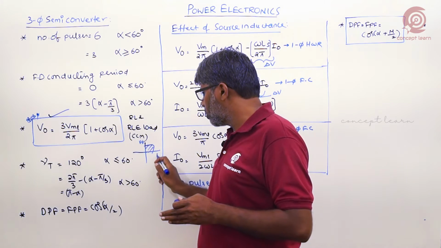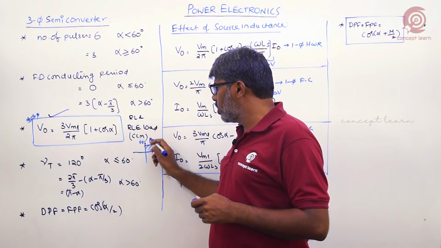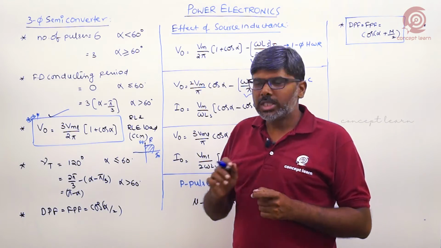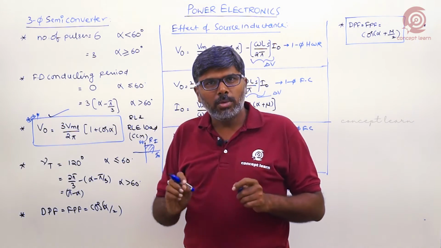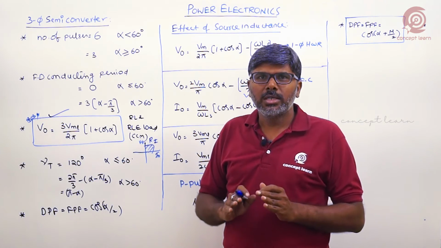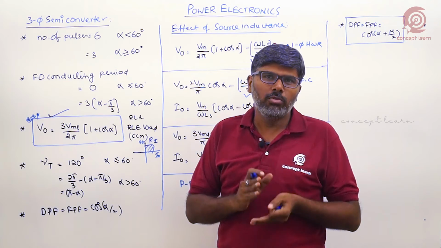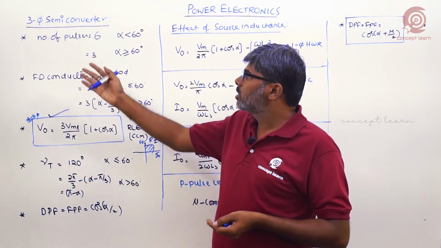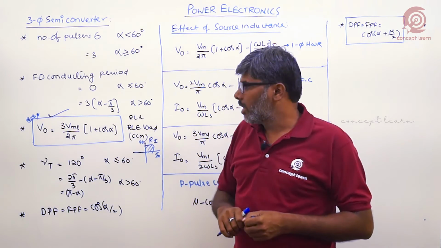Average output voltage is positive, output current always positive. At any firing angle it gives only a rectification mode of operation, that is first quadrant, so it is suitable only for motoring mode applications, as in the single phase semi converter. But the difference is, compared to the single phase semi converter, the three phase semi converter delivers more power to the load.